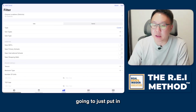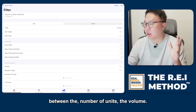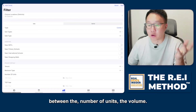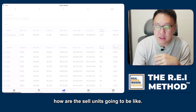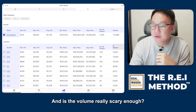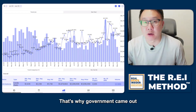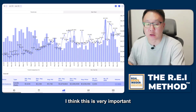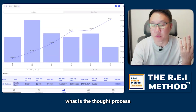So I'm going to just put in every single property in Singapore right now to see a trend between the number of units, the volume, and then from there, we can determine how the subsale units are going to be. And is the volume really scary enough? That's why the government came out with this guideline. I think this is very important because before we jump into any conclusion, we must understand the thought process behind